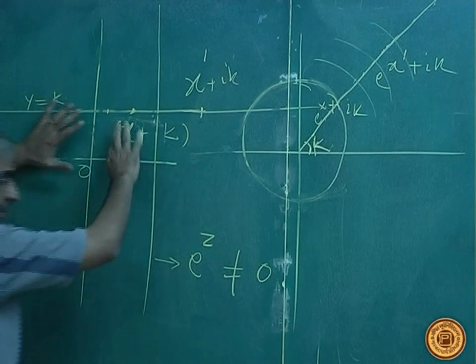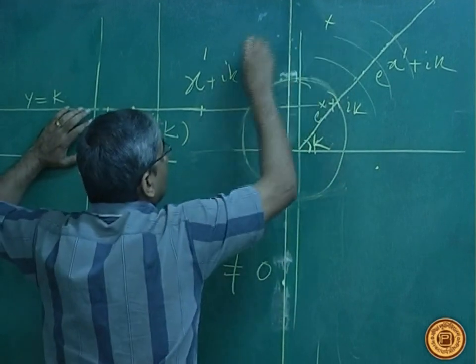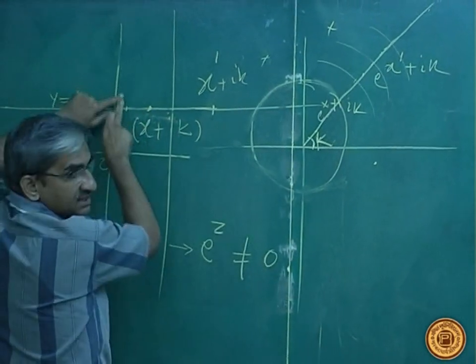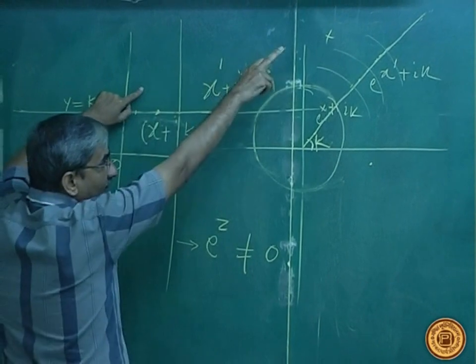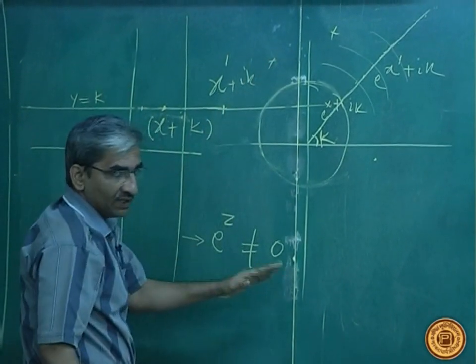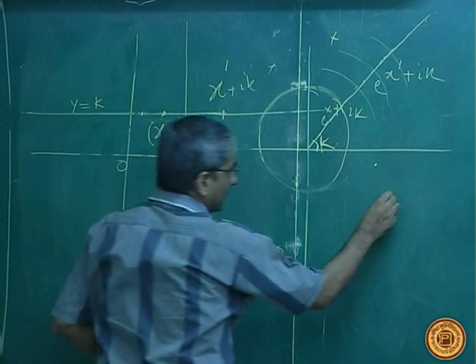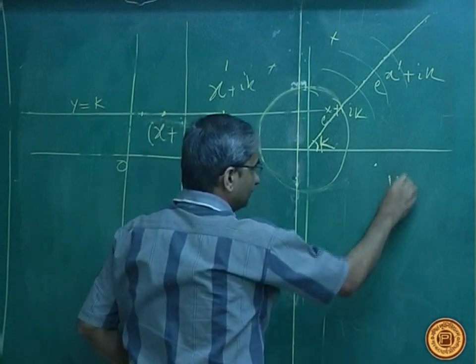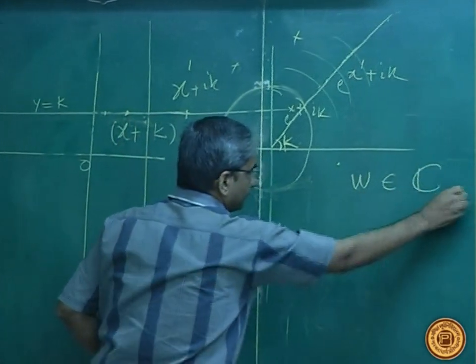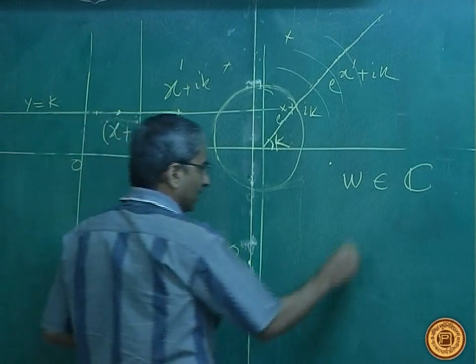But all other points it takes. That means if you take any point here, any point here, any point here, then you will get a point z such that z is mapped to the given point. That means except for 0, e to the power z takes all the values. So if I start with w in C, and w not equal to 0,